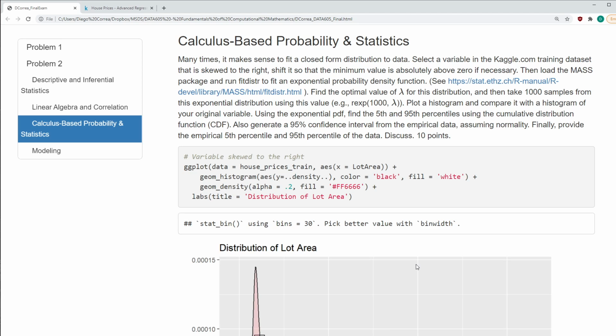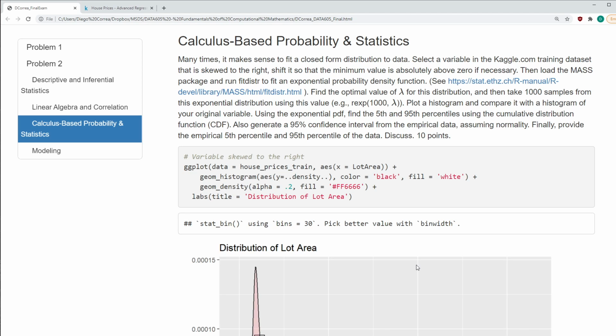Next, the calculus-based probability and statistics. Many times it makes sense to fit a closed form distribution to the data. Select a variable in the Kaggle.com training data set that is skewed to the right. Shift it so that the minimum value is above 0 if necessary. Then load the MASS package and fit this TR to fit an exponential probability density function. Find the optimal value of lambda for this distribution, and then take 1,000 samples from the exponential distribution using the value